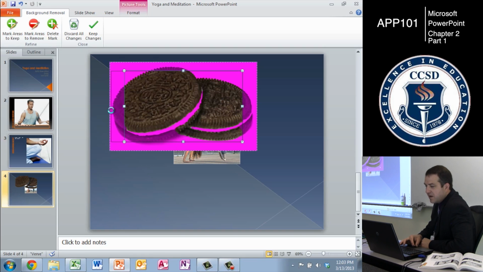Well, we need to make it the right size. So I'm going to pull over here. I'm going to make this the size of the graphic that I want. I'm going to make it a little bit bigger, and just a little bit bigger here. And then if I click in here, that means it'll keep it. I believe we're going to keep that. And we're going to keep that. And if I click